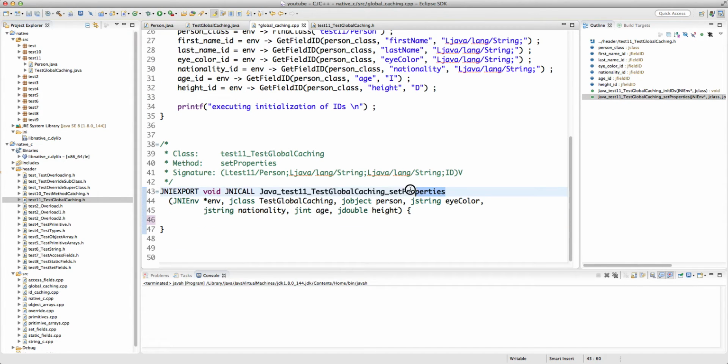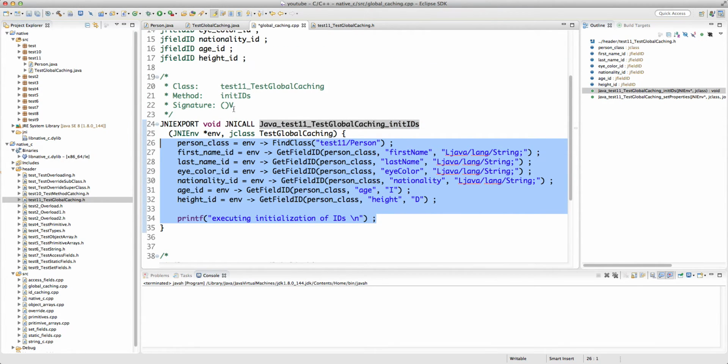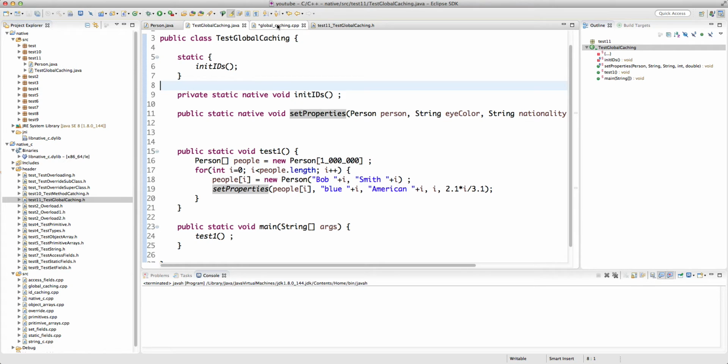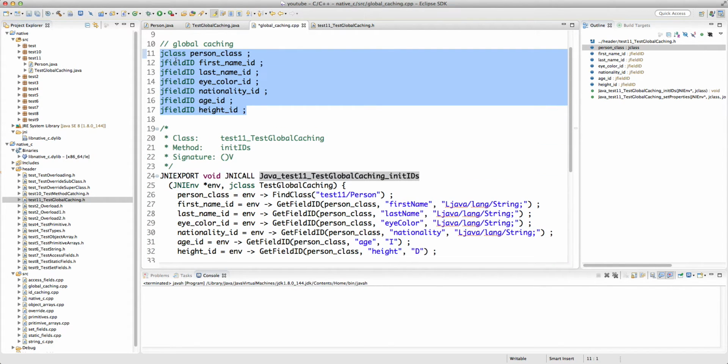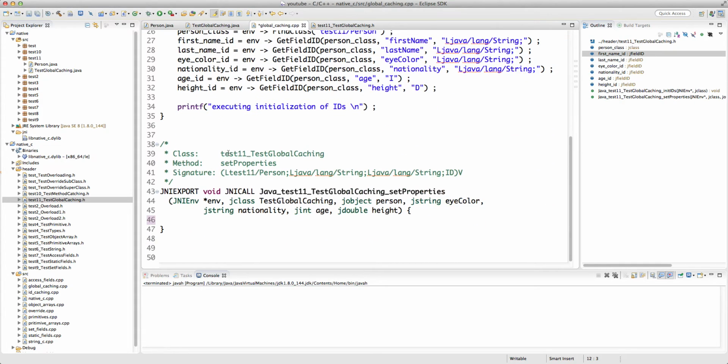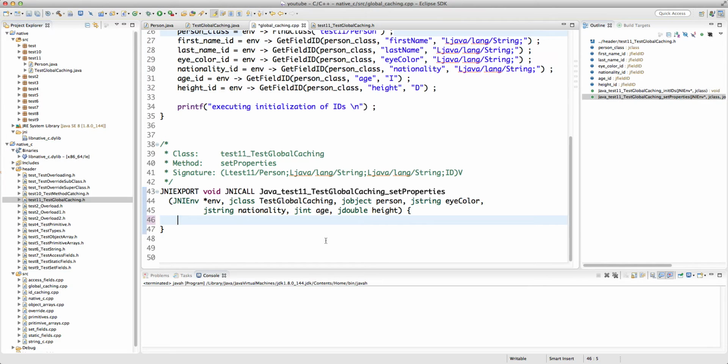Okay, now the assumption here is that when we go to the setProperties function, this function initIDs has already been called, right? And it should be, the way we define it in this static initializer, which means all these global variables, jclass, jfieldIDs, they already have their respective values. So now we just say